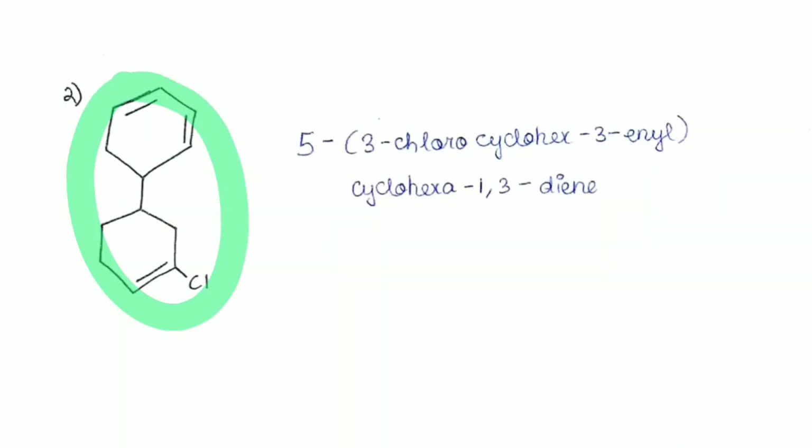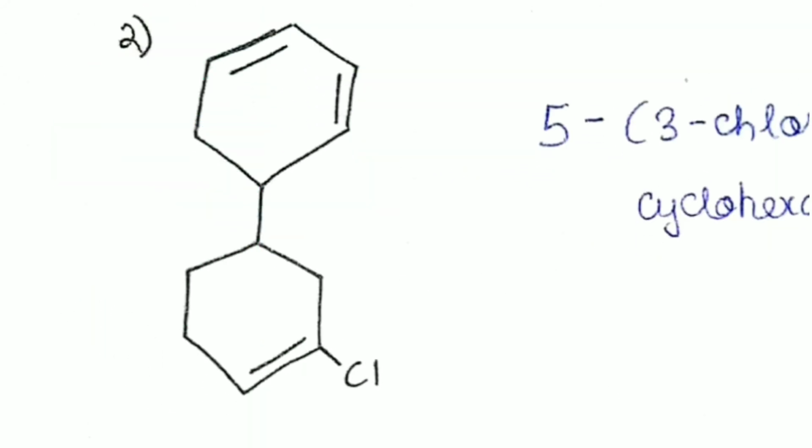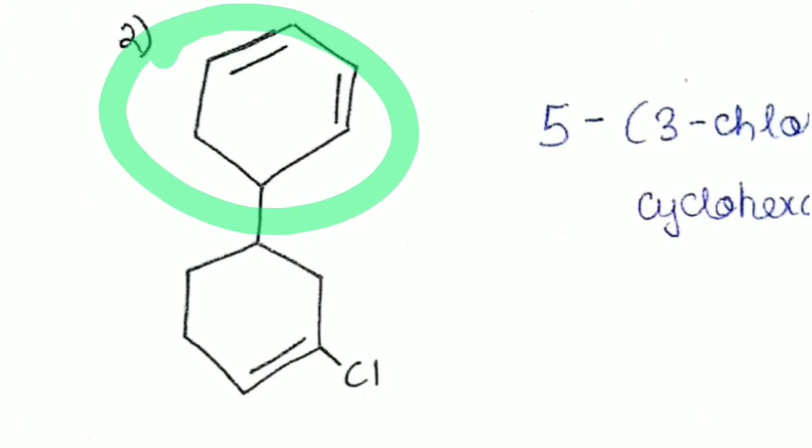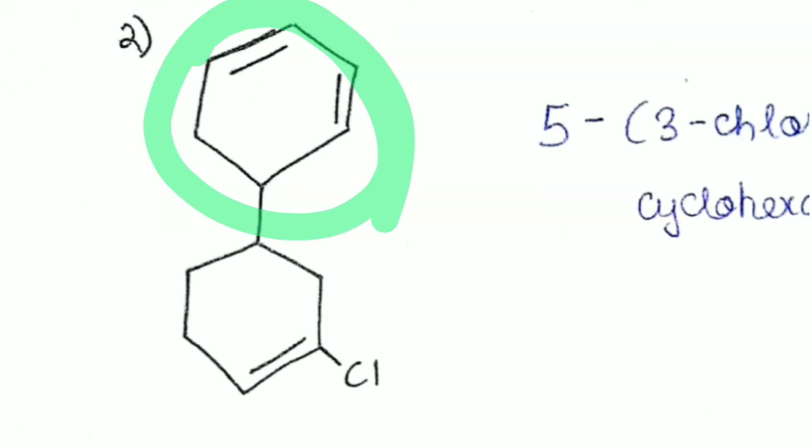So here what we are having? We are having 2 cyclohexene type of structures, but one of them has 2 double bonds while one has only 1 double bond here and also a chloro group attached. So then we have to again make the choice whether to make this our principal carbon chain or this. So we can see that 2 double bonds, guys, will always get greater priority over 1 double bond and 1 normal substituent. So the 2 double bond principal carbon chain is what we are going to use here. So the cyclohexadiene part will be the principal carbon chain, and this part is going to be our substituent.